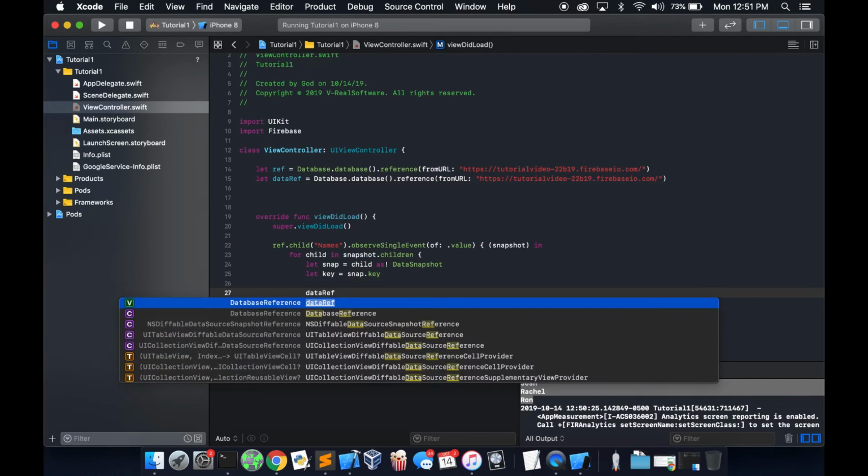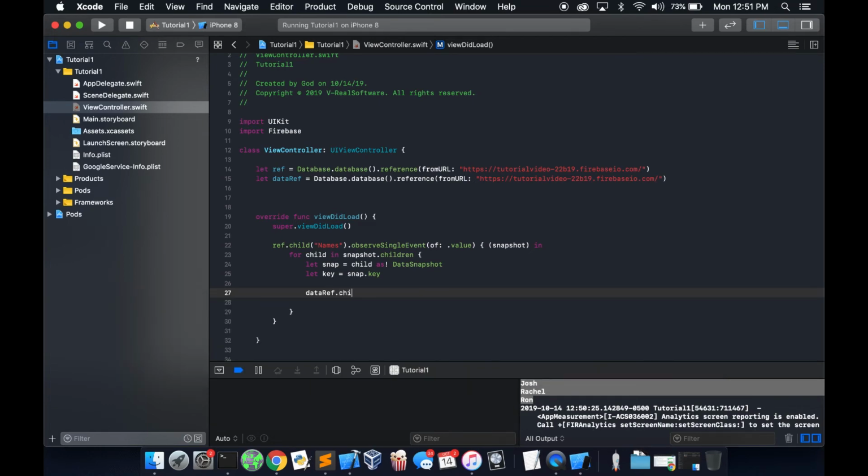And we're just going to basically do the same setup. But instead, we're going to also add another child after the child names. And we're just going to do child. And then since we have the name in key, we're just going to put key and then do observe single event. And then the same thing, .value, and then snapshot. And here's an important thing for this one. You can use the same for loop, for child in snapshot.children. But then when you're storing the new snap key and value,